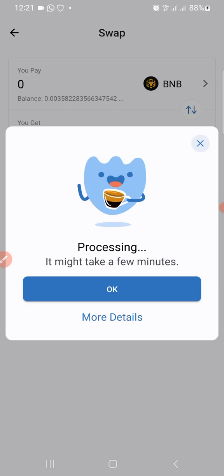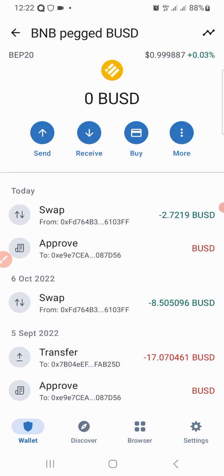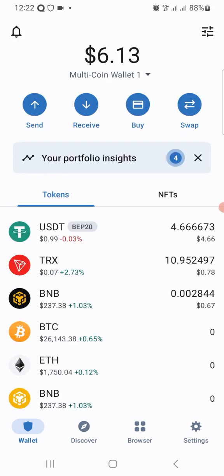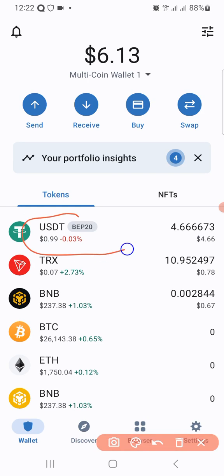So I click on confirm swap here. I put in my PIN and it's processing. When it's done, you see the notification here. As soon as it's done, you will see the transaction in your wallet. As you can see, this is my USDT. Before I started, it was up to $4.6, but as you can see, I've transferred everything from the BUSD